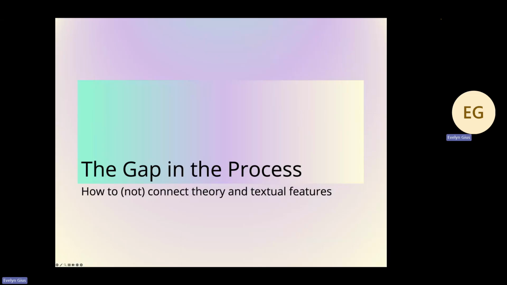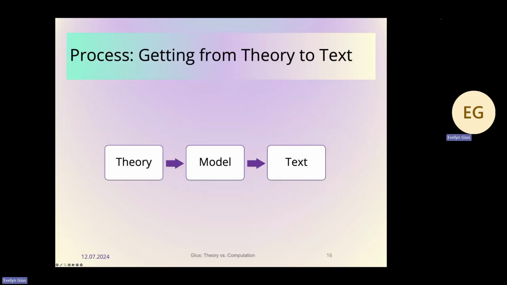And the gap can be seen when you look at how people do, or actually often do not, connect theory and textual features. So if we look at the process again, I would say this is also a typical process that is depicted here now in this workflow: input, process, output. One process is that you have to find a way from getting from theory to text by modeling things in between, which means by introducing a middle level of abstraction, or by finding more specific ways that can in the end be found in the text.